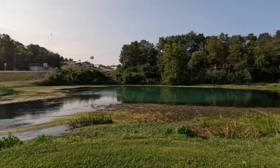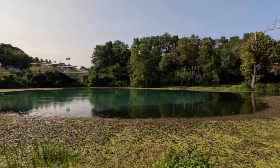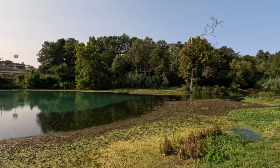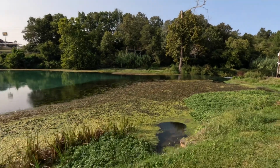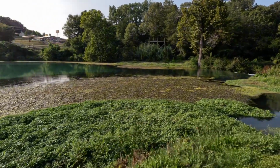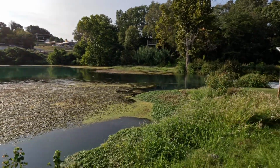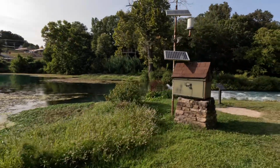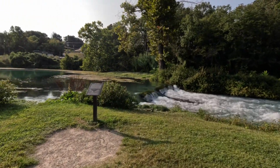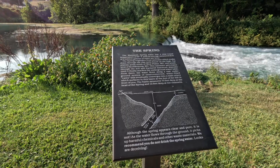You can tell it's cold because it's almost green. Yeah, it does. Okay, it's not clean and filled. I always think of a spring being clean, but